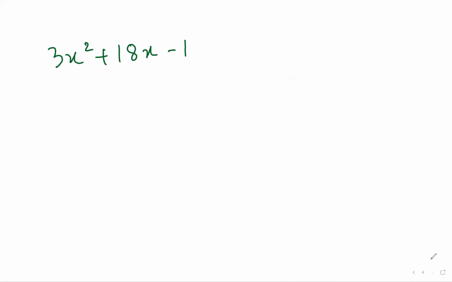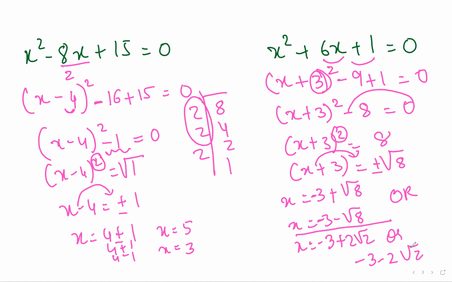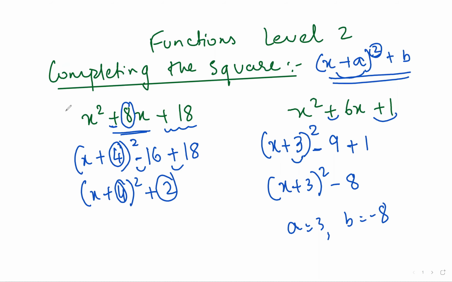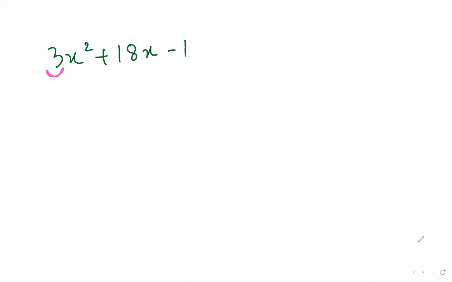This is the last part, the last variety. Here, always remember, we want our x square as 1. Here it is 3. We don't want 3. See, everywhere here it is 1. Nothing means 1. So in a similar manner, nothing means 1. Till here, we had everywhere 1. But over here it is 3. So what I will do, I will divide by 3 everywhere. Correct? And I want my answer in the form of this only.